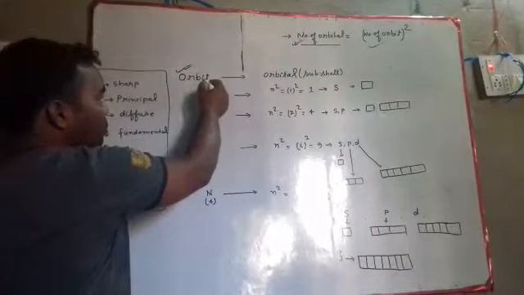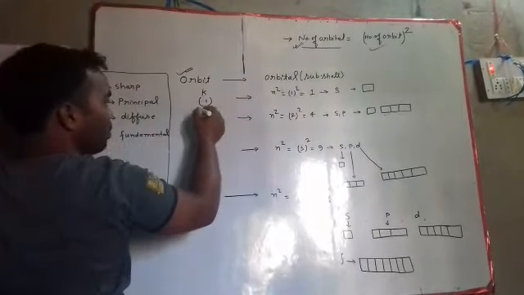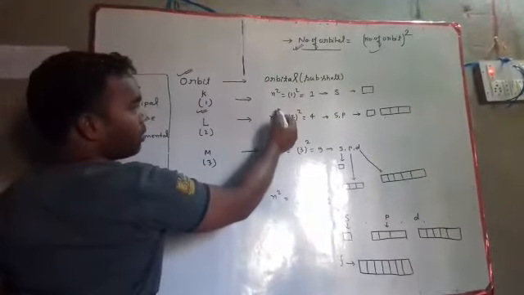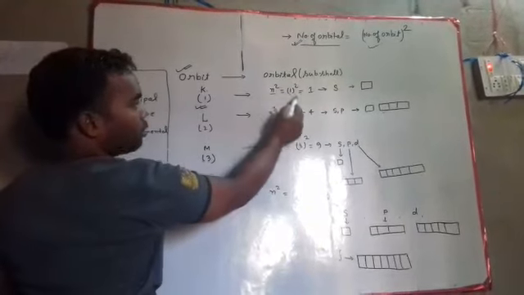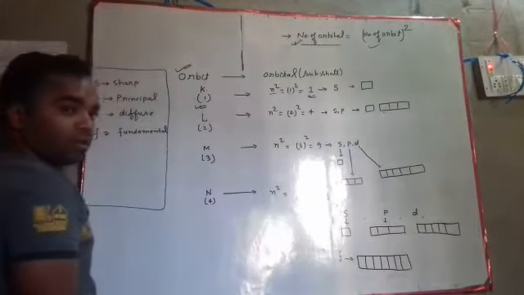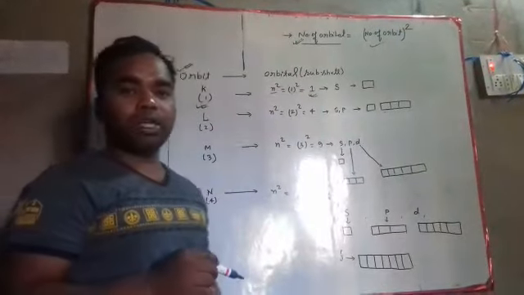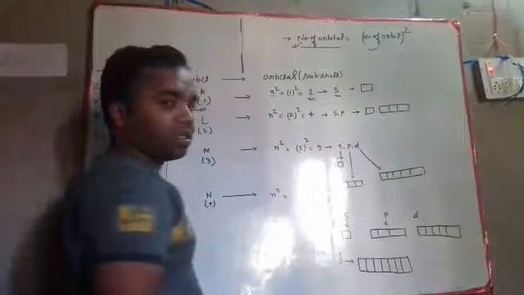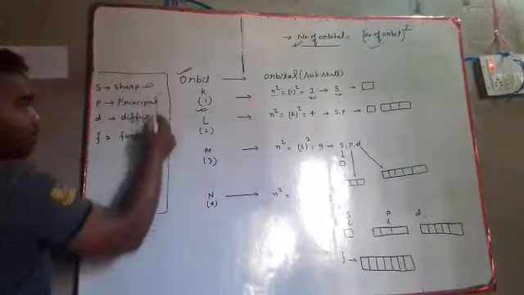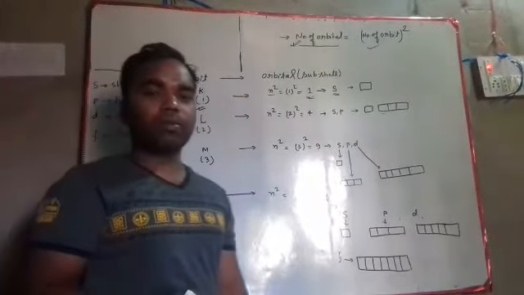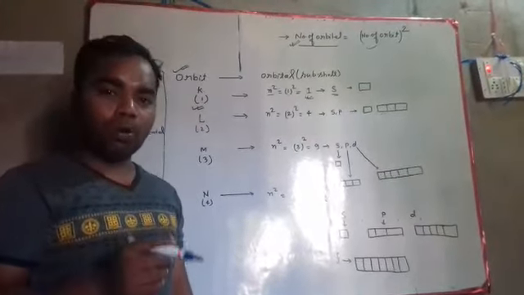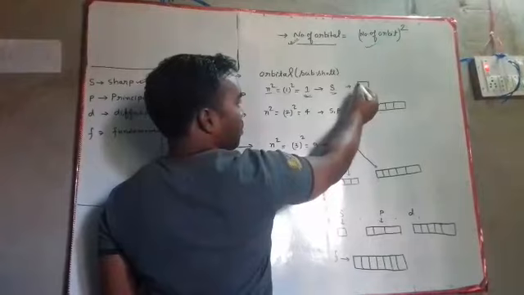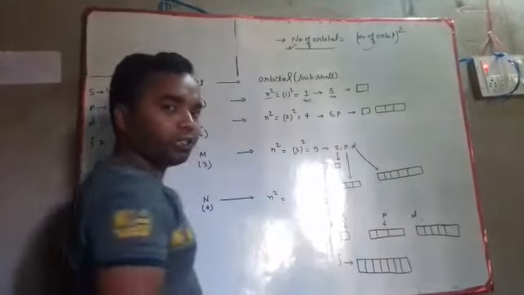Now let's see, if we have orbit number 1, that is K, according to Niels Bohr, the number of orbitals will be n square, that is 1 square. Then what will be the result? 1. That means a single orbital is present in this orbit, and we call it S. S means sharp orbital. It is spherical in shape, and we will draw a single box for this orbital, and in a single box maximum 2 electrons can reside in it.